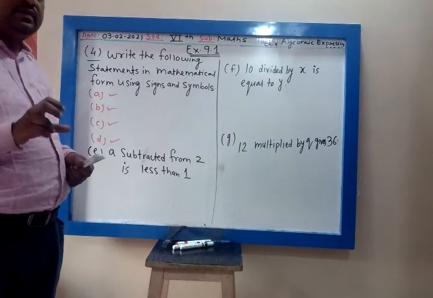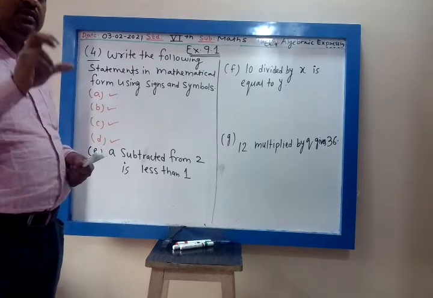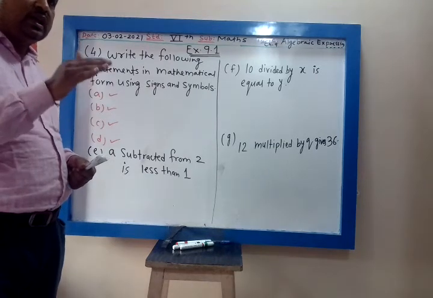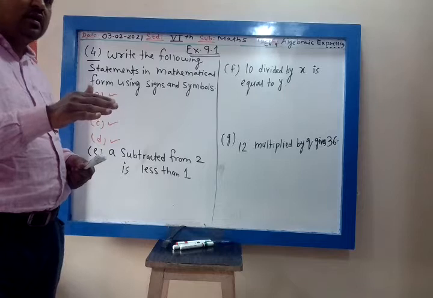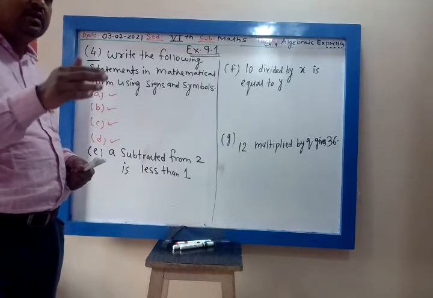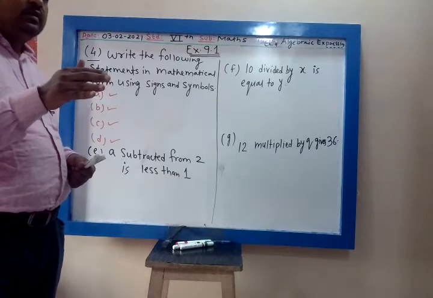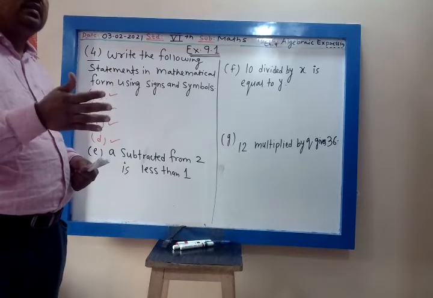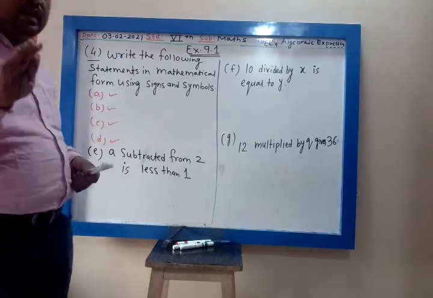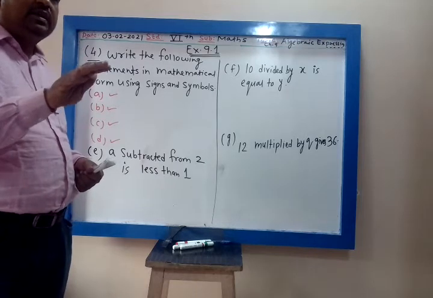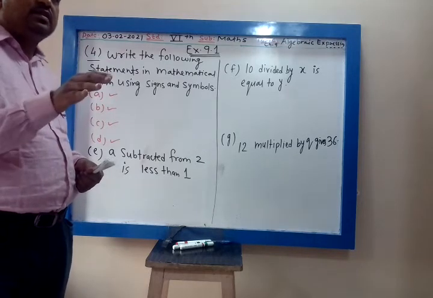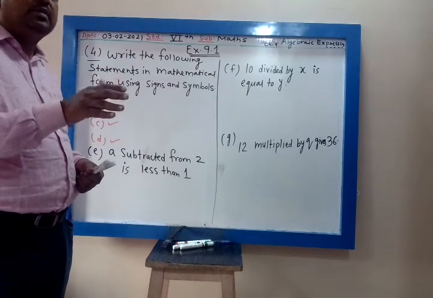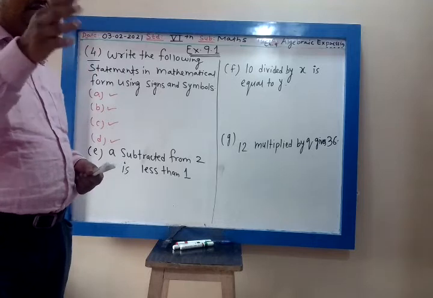Algebraic expressions. What is an algebraic expression? It is an equation involving variables or literal numbers. Literal numbers are nothing but the alphabets and the numbers. So I have treated algebraic expression just like a film in which you have hero and villain. My hero is the literal number, variable or alphabet, and the villain is the number.